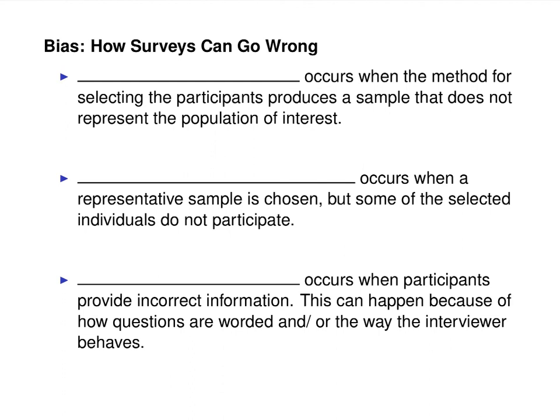Now, surveys are prone to lots of errors, and some of them are so common that they have names. So the first one is called selection bias. And this is when there's a problem in how you pick your people. So selection bias occurs when the method for selecting the participants produces a sample that does not represent the population of interest. For example, if we looked